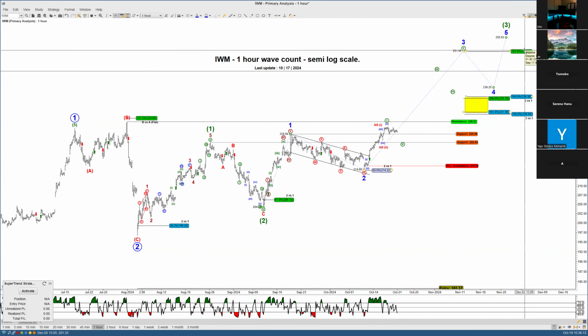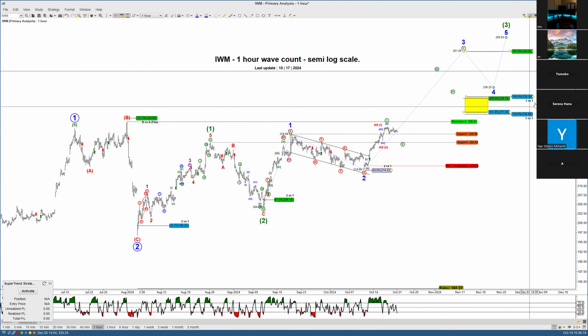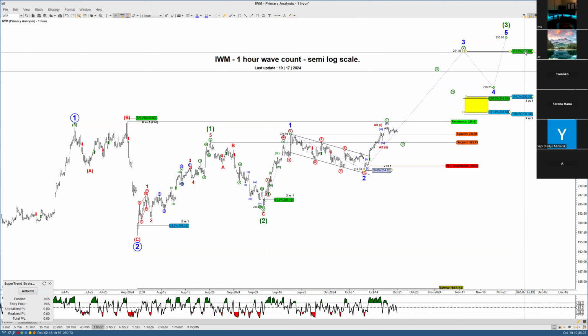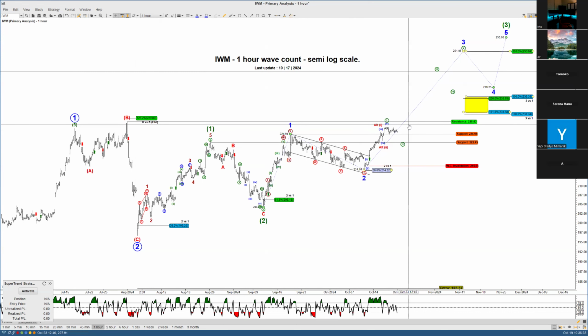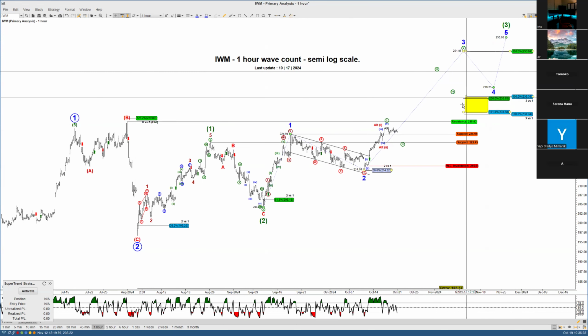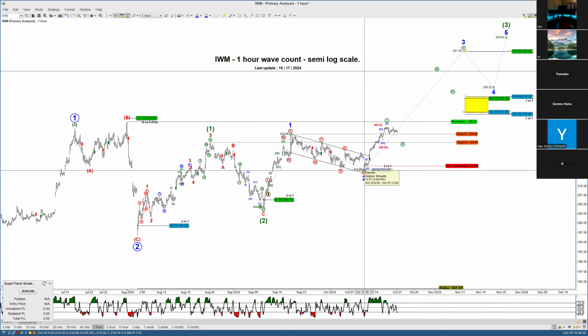We'll get to 250 when we get to all-time high. There's no point. I laid it out there just to tease everyone, like, okay, if we take out this high, that will be our next upside. So we've got a long way to go there. But in order to satisfy the swings and the wave count, it has to get to this zone. If we fell short here and then just rolled over and took out this low here,